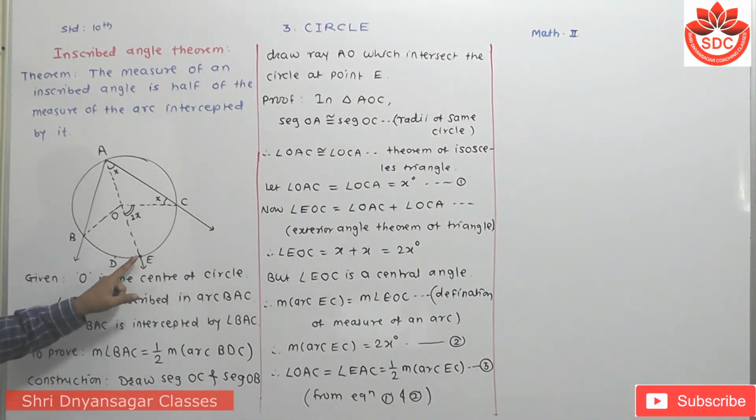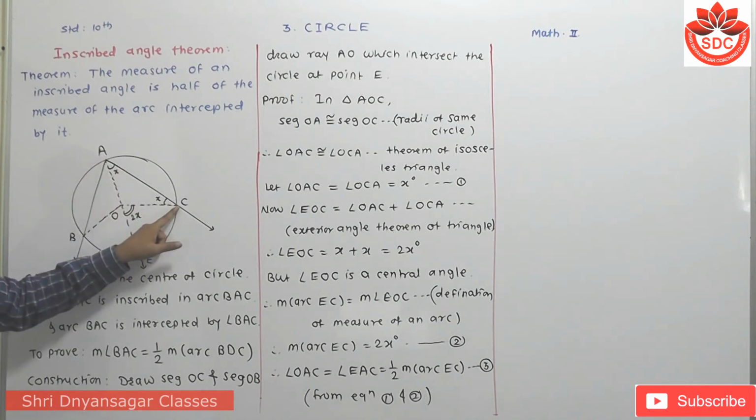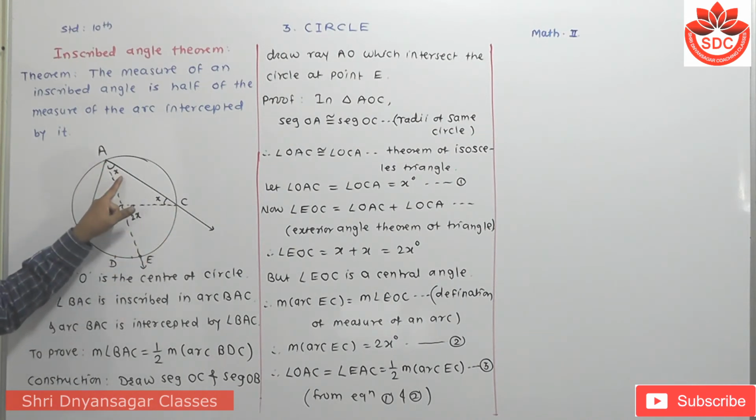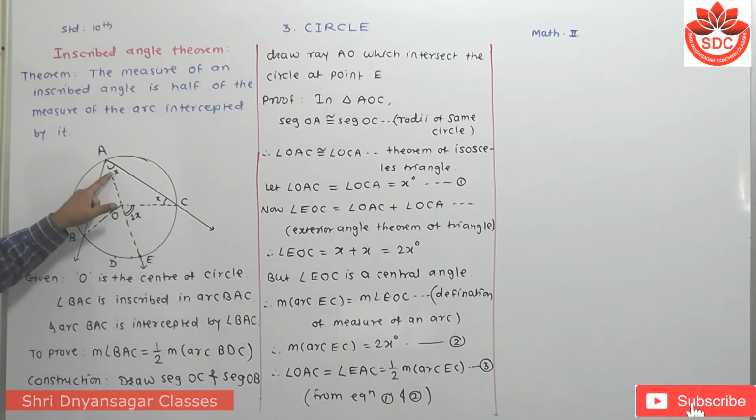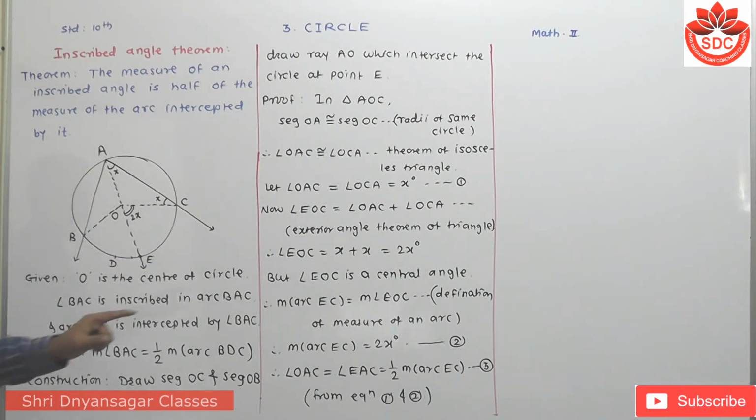Angle OAC, that is angle EAC. OAC is x, means that this EAC is also half of this arc EC, because this EC is twice x and this is x, means that this is half of this one. Right? This is equation number 3. Then angle